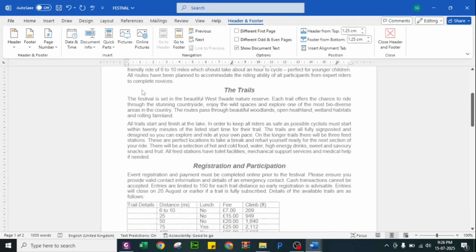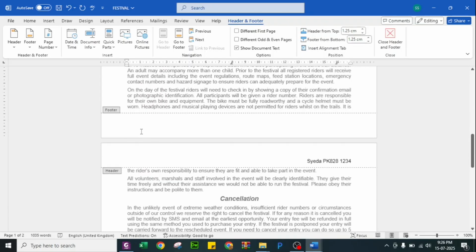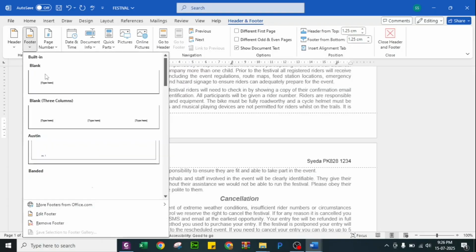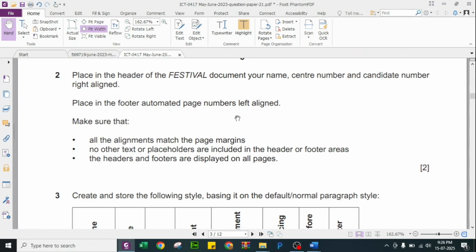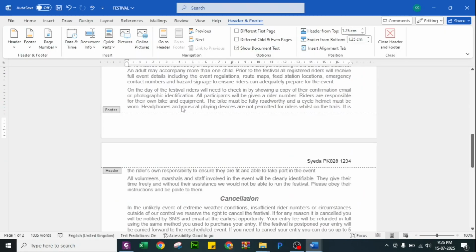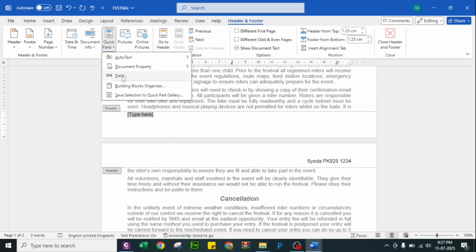Then I will slide down towards the footer. There is also only one requirement of page number, automated page number. Let's see at which side, left align, automated page number. Automatic page number means the page number which is not fixed, but on each and every page it will be different. So here on the left side, we can have a page number, quick, go to quick